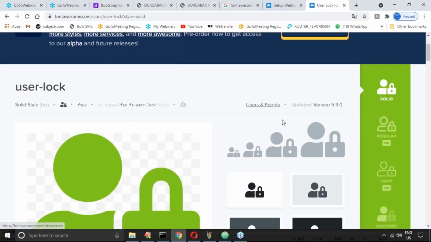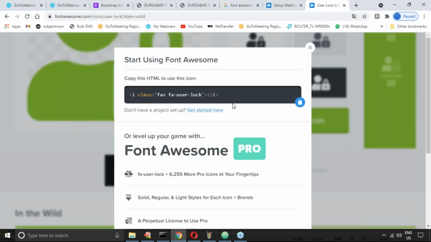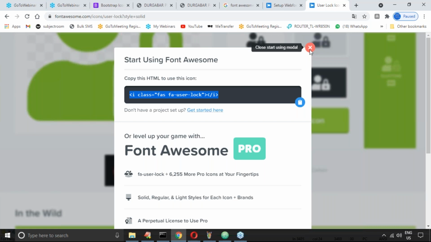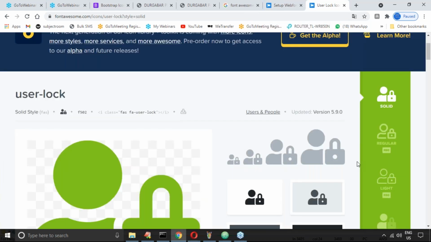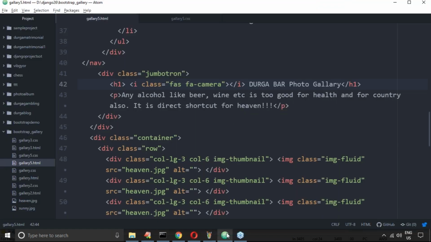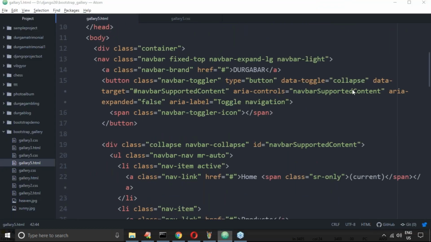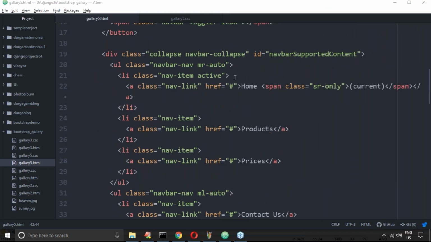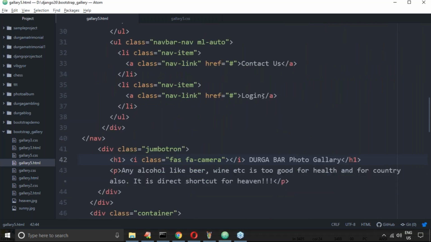Don't worry, the process is the same. CDN already added, right? CDN already added. Just copy. Do you know why CDN is required? Because these are the two classes we are using. But where these two classes are implemented in that CDN, have you observed? Now observe carefully what I want to take, where I have to take. So just login. After login, are you seeing anywhere login link? Durga bar, home, products, prices, login. Here let me copy paste that.